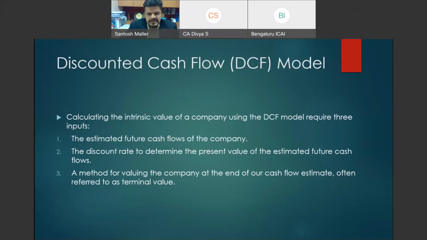And finally, the terminal value. I may project the cash flow estimates for the next few years, but beyond that, I may not have a very accurate estimate. That is where I use the terminal value, that is, the long-term average growth rate, as a basis for doing my cash flow projections.